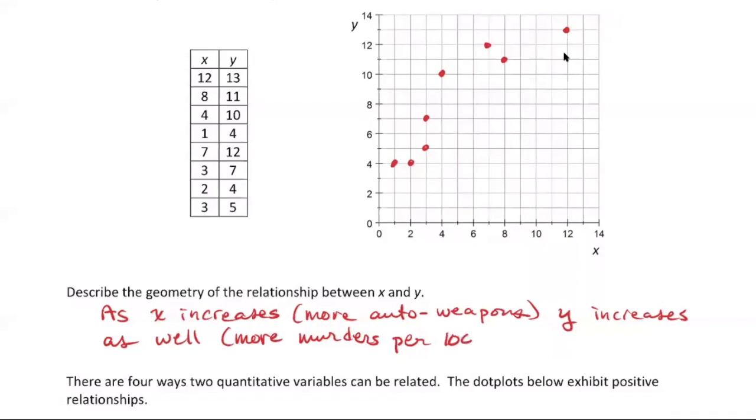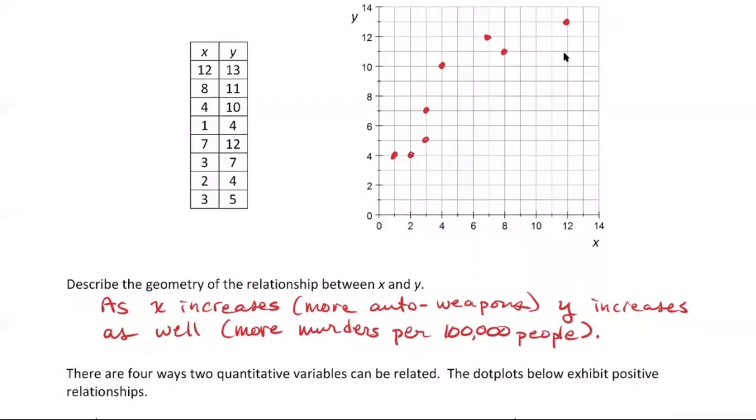Per 100,000 people. Okay. And then I would just again remind you that the only time you can make cause and effect conclusions in statistics is in the context of a controlled experiment. Nobody's having controlled experiments with how many guns are in a city, and that would be a really hard experiment to do. So when you cannot do controlled experiments, then you cannot make conclusions about cause and effect. So this